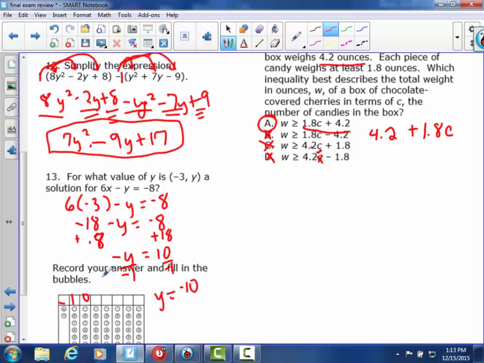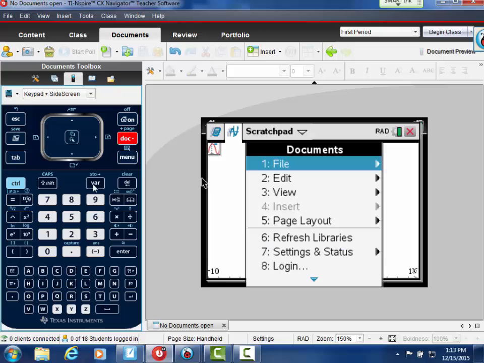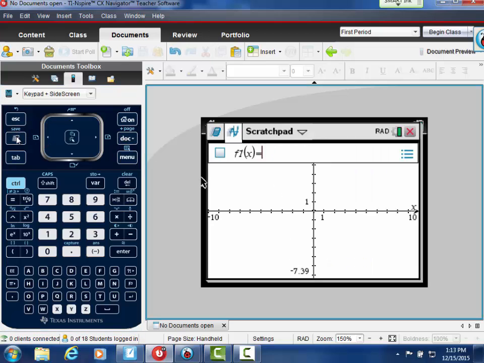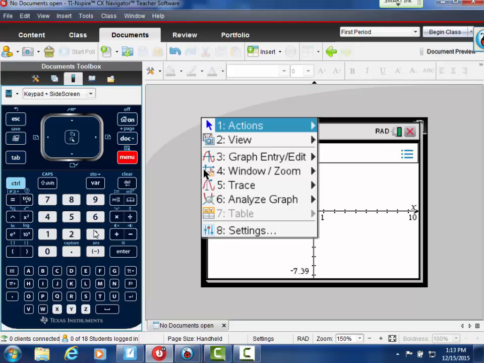But that's how we did it when we first started. And I want to propose something to you. We know that that equation, 6x minus y equals -8, is a linear equation, which we can graph on our calculators. Okay, so let me do a quick doc B here. All right, so on my calculator, on my graph, I can enter the standard form there, but I can change it. Menu 3,